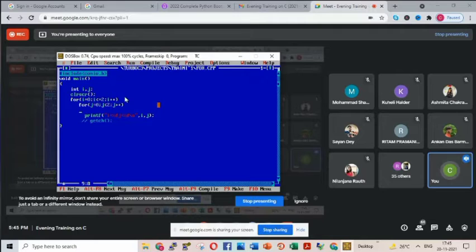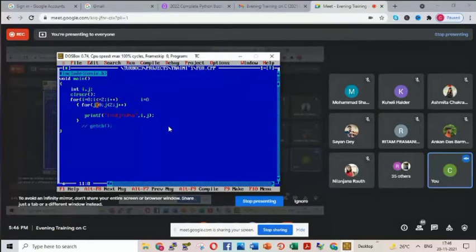Here, can you tell me what output we are going to get and how this for loop is going to be executed? Okay, so first i will be initialized to 0. Is it clear for all? Now for i equals to 0, whatever is there inside should be executed. I have not given bracket. Now I will first give the bracket to make the understanding clear. I have given a bracket, it means the second for loop is under first for loop. Now I am closing the bracket of first for loop here.